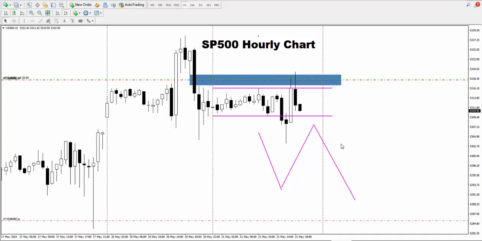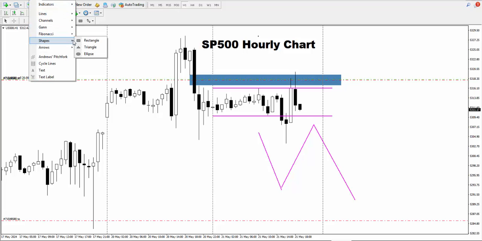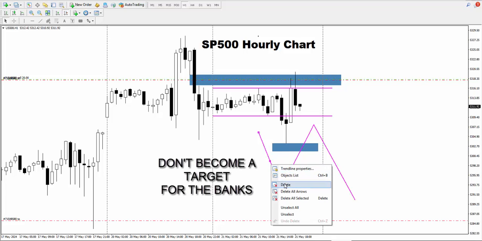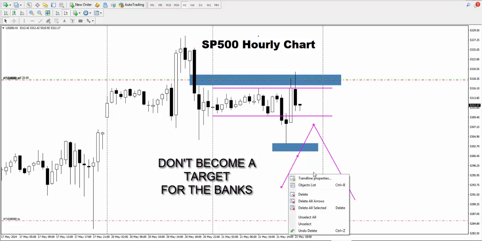Why do they do it? Well, the thing is, everyone that went short there put a stop up at the high, so that puts liquidity above that high, and everyone that went long here put their stops below the low. So that's going to mean that we've got liquidity down here. And if I put a little block just to remind myself where liquidity is, it's below there, because of course if you bought this market on the anticipation that it was going up, that's a good place to put your stop. Except it isn't, because it makes you a target for the market makers,